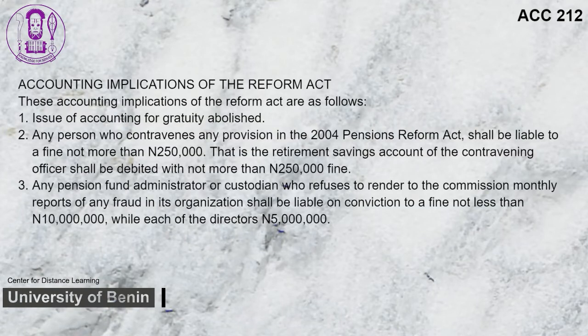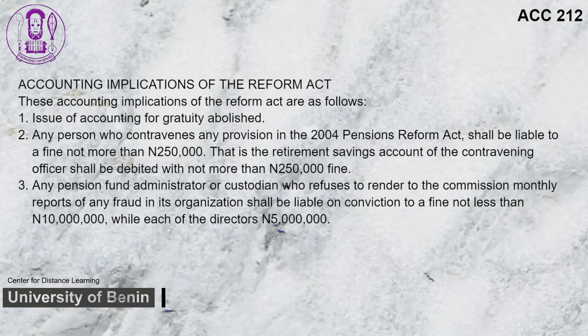Accounting implications of the Reform Act. These accounting implications of the Reform Act are as follows. 1. Issue of accounting for gratuity abolished. 2. Any person who contravenes any provision in the 2004 Pensions Reform Act shall be liable to a fine not more than N250,000. That is, the retirement savings account of the contravening officer shall be debited with not more than